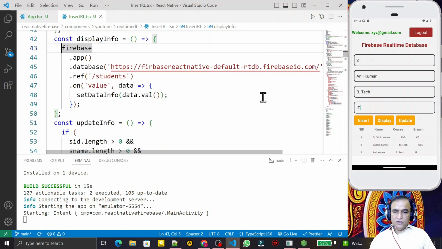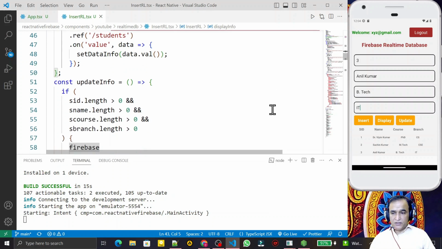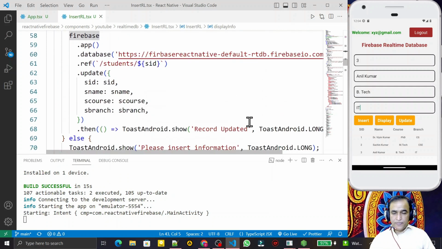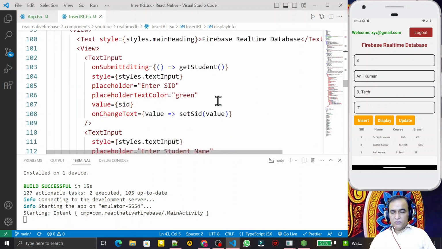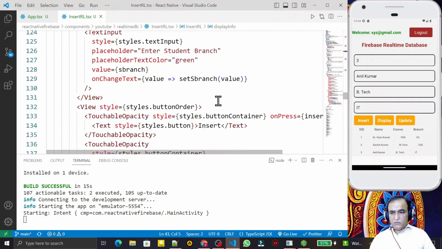In the last 3 videos we have seen how we can insert, read and update information in a real-time database using React Native with Typescript. In this video we are going to learn how we can remove information, if by chance we want to remove any information. Removing information is very simple. What we have to do,